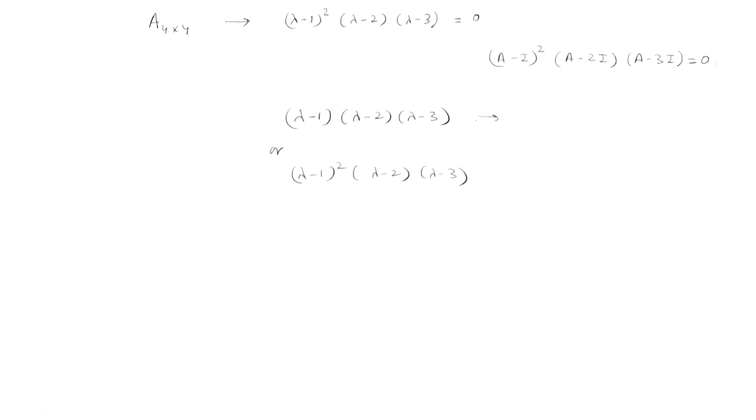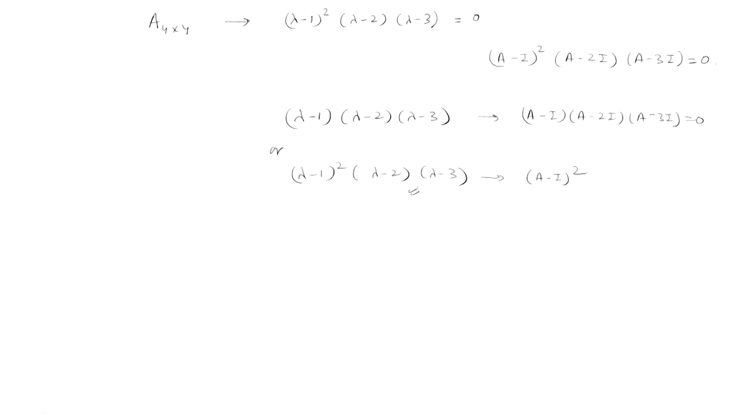I mean, I want to say that matrix A will be satisfied by either this or this. For this it is obviously true, because of the Cayley-Hamilton theorem, but we need a polynomial which is of lowest degree. So, it may be this polynomial also. For this polynomial we have to check whether A satisfies this expression or not. If A satisfies this expression, then this will be the minimal polynomial; otherwise this is the minimal polynomial, which is of course satisfied by A by the Cayley-Hamilton theorem.